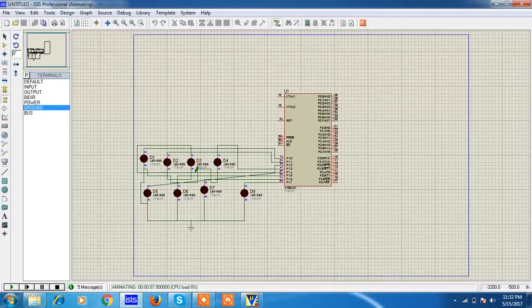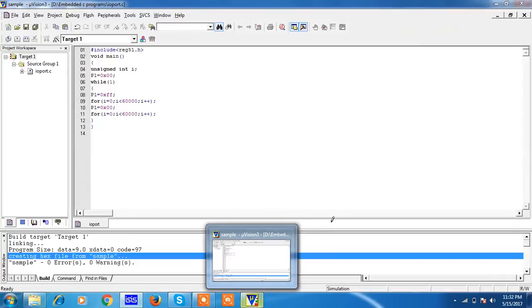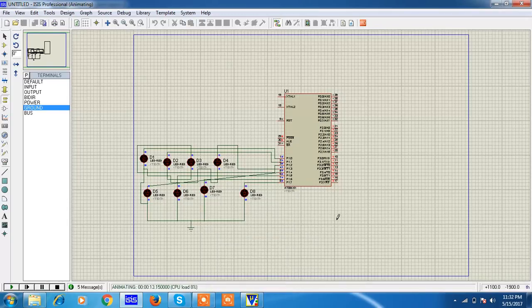So this is the way you can check your hardware results with the help of Keil software using the Proteus combination. This Keil and Proteus combination helps us design so many applications in embedded systems, where you can develop your software